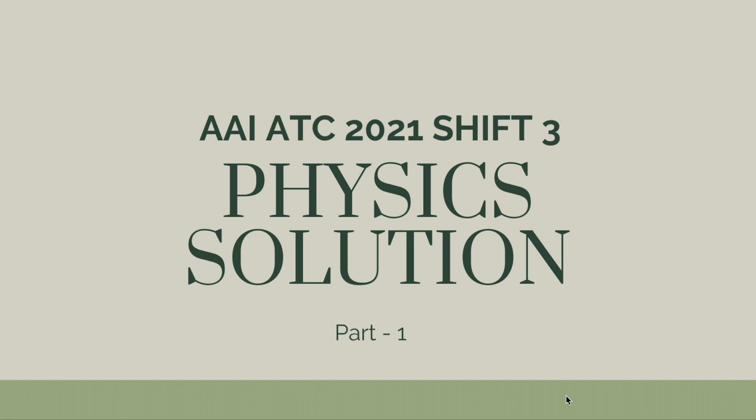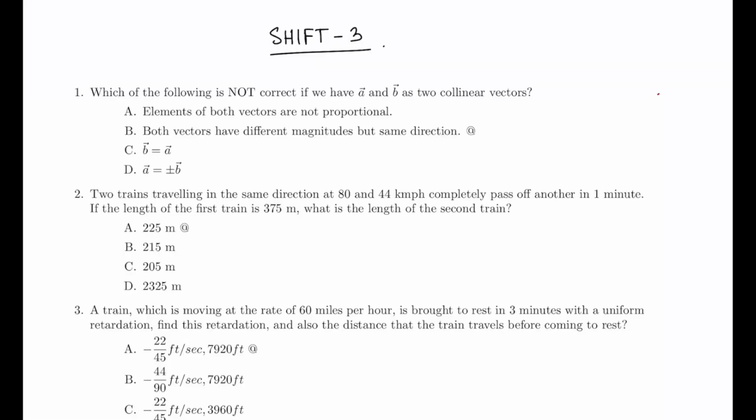Welcome to this new series, and in this series I am going to discuss physics problems of Shift 3 paper of AAI ATC 2021, and this is the first video. 5 problems are solved in this video. The first question says, which of the following is not correct if we have A and B as